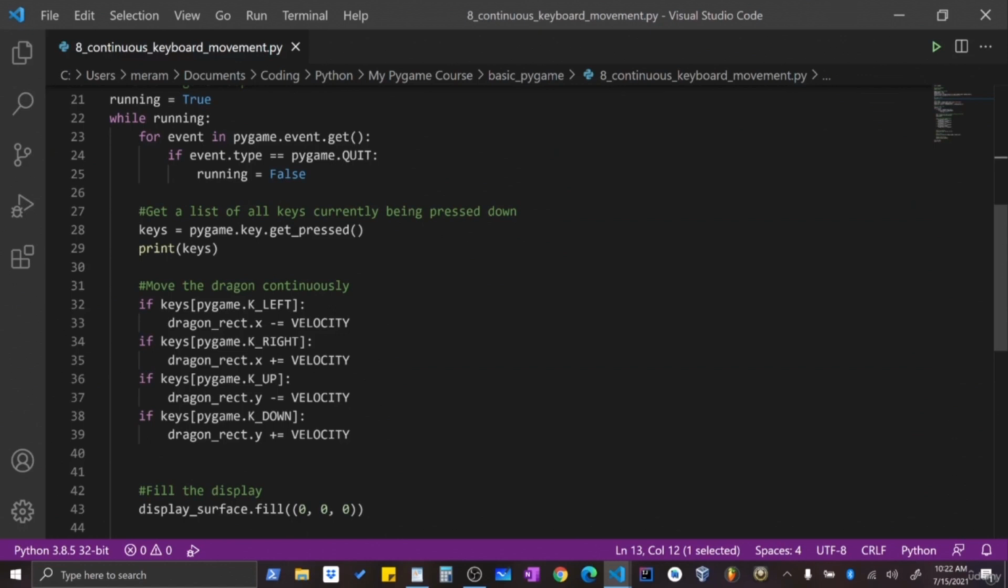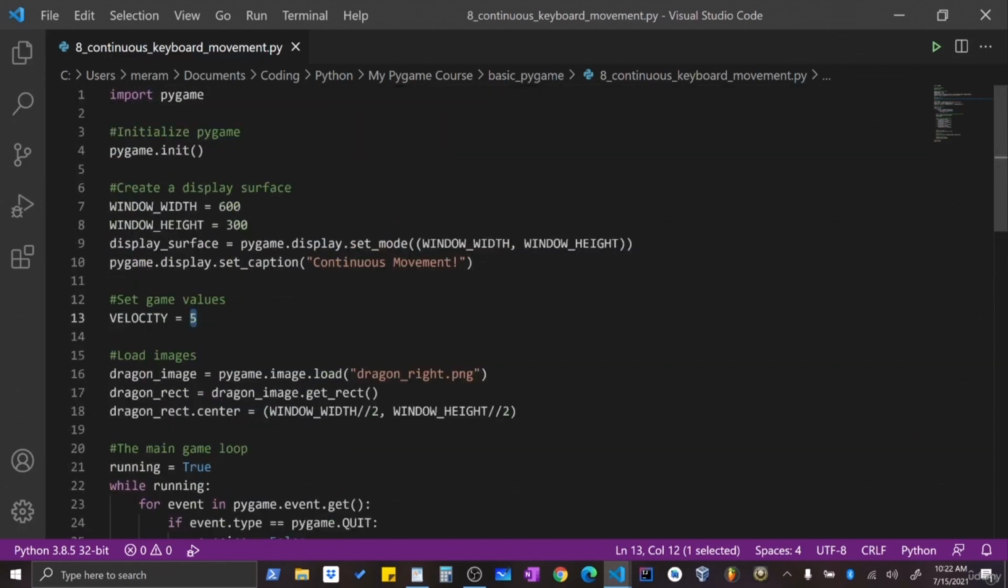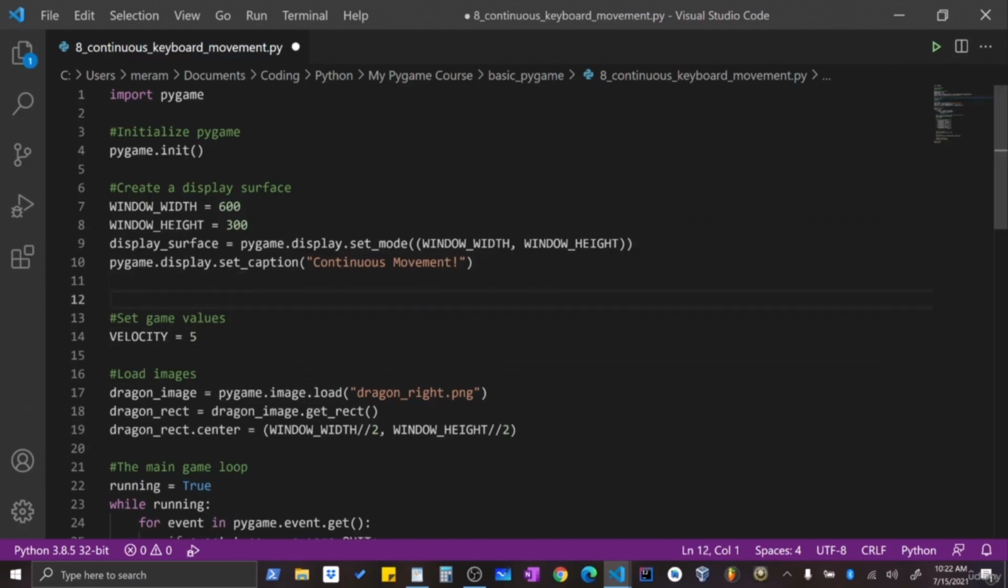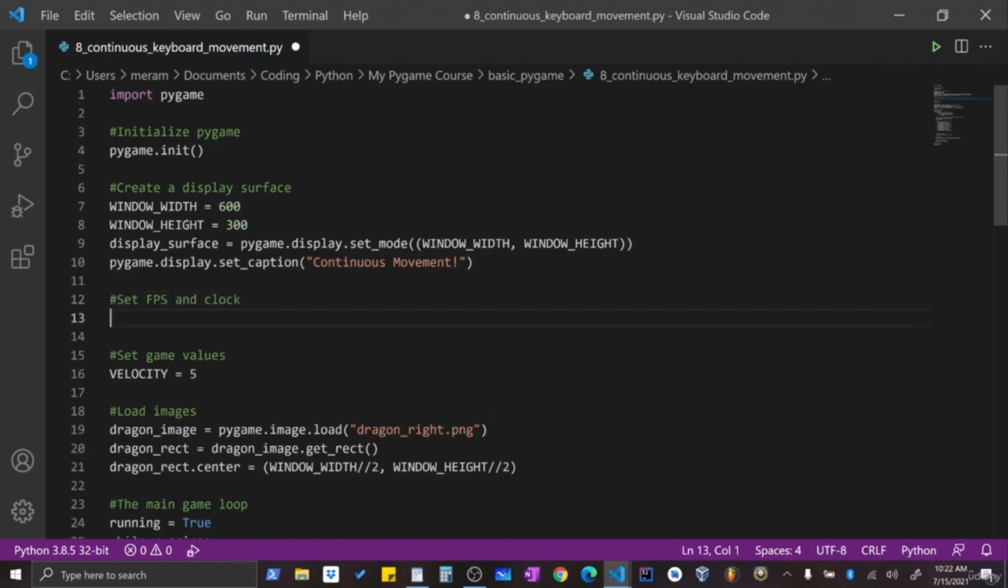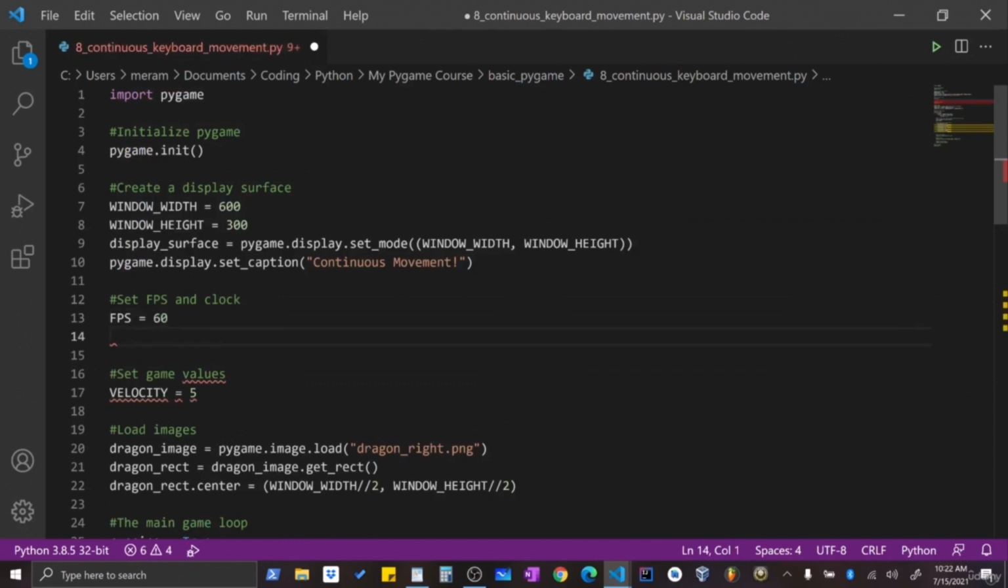Luckily for us, we can accomplish this by using something known as a clock. So I'm going to go to the top of my code and define a clock. And I'm going to define a new constant variable, FPS, or frames per second. So let's see how to do this. I'm going to set FPS and clock. FPS, or frames per second, I'm going to set to 60, and I'm going to create a clock object by typing